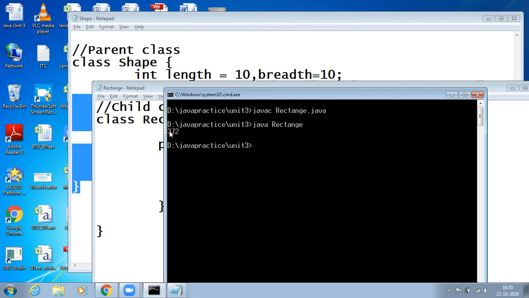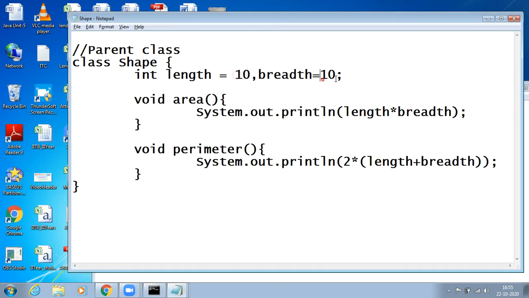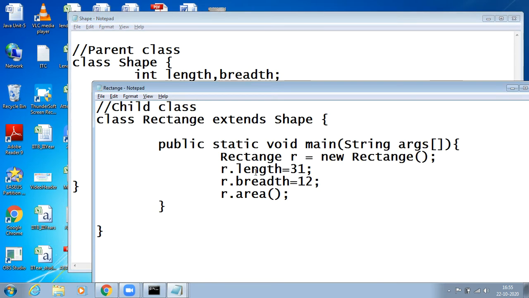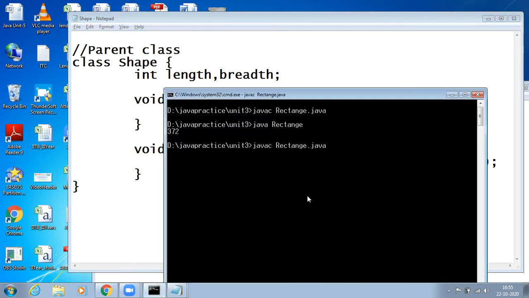Now see the area is changed. These are the default values of Shape, length and breadth. Okay, now we can even remove them. After removing, you can enter the values like this. You can even say r.perimeter. Okay, now it runs as perimeter.